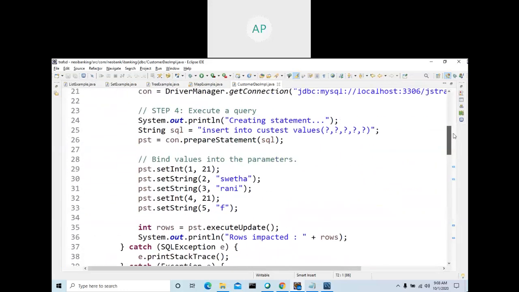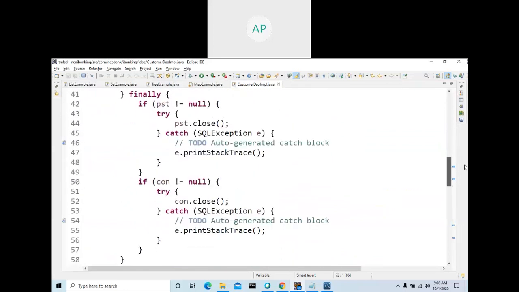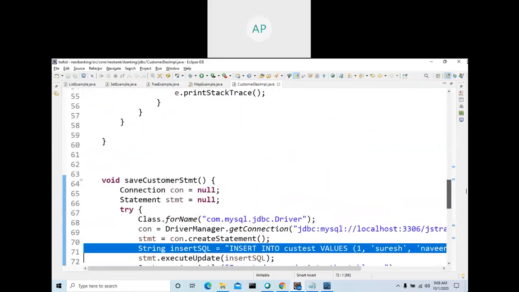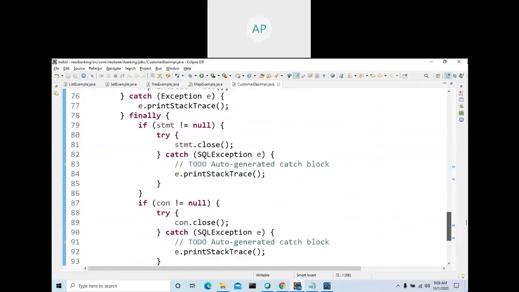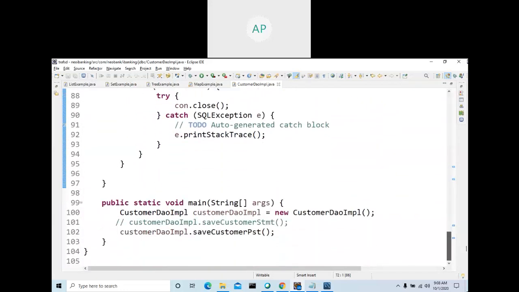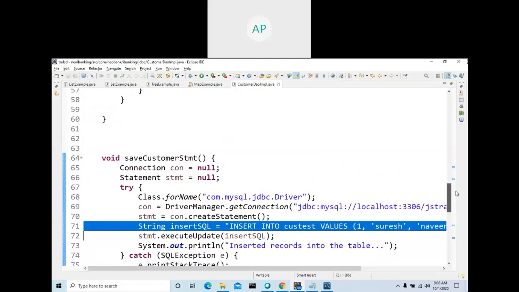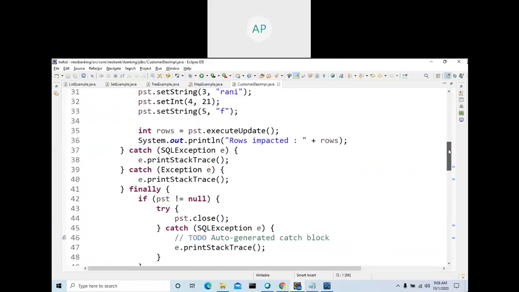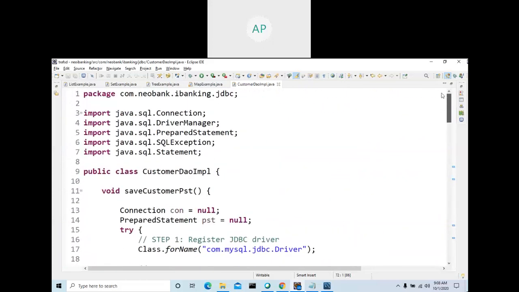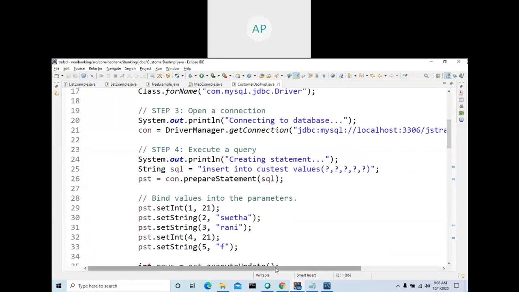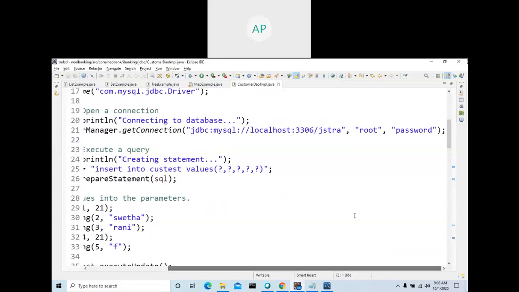So you should know what statement, prepared statement, connection, result set, and driver manager are. Just look into all those things. This is how I wrote the program, a simple way of writing. But in my next video, I'll show you a better way of writing this program by using inheritance and all those things. So this is the code.